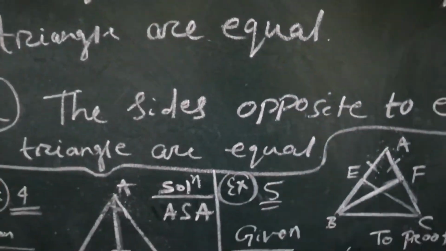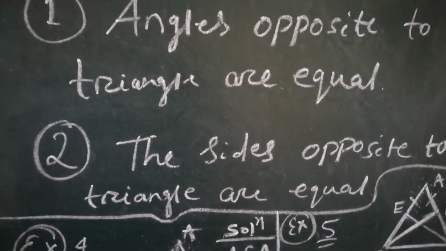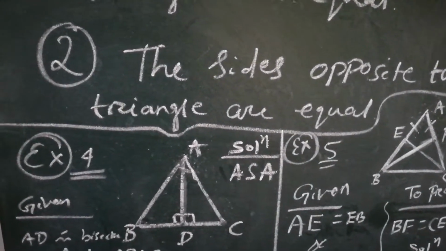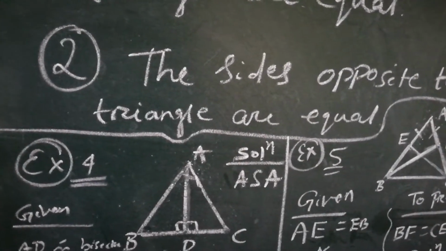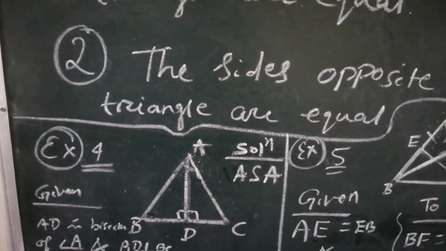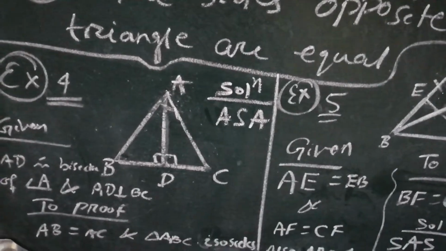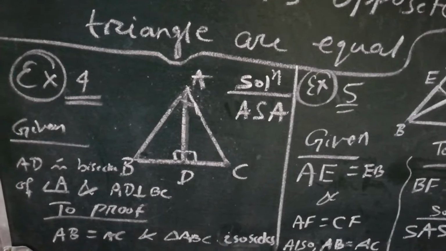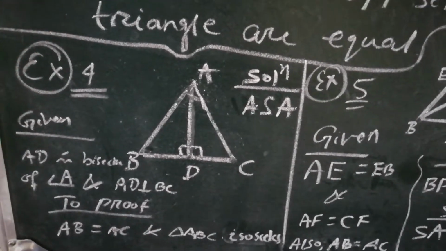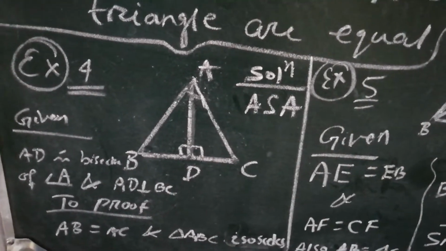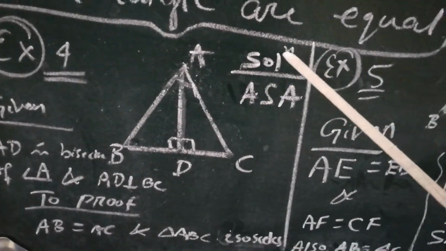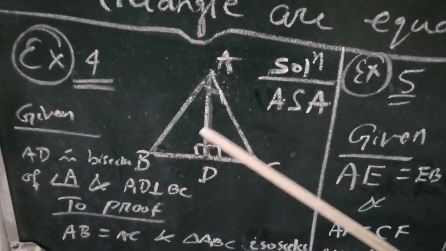Fine. So, based on these two properties and the congruence properties that we discussed for exercise 7.1, we will try to solve examples 4, 5 and 6 in a very simple way. That means I will give you only tips to solve the examples, and the detailed part you can see in your book. So example 4, see, the figure is given like this.